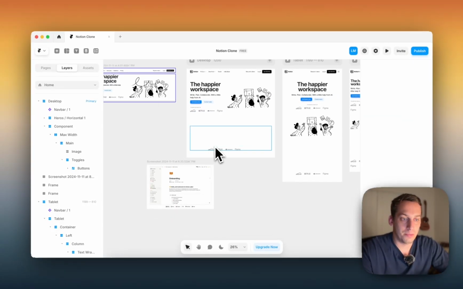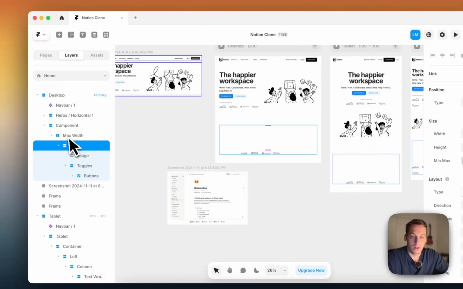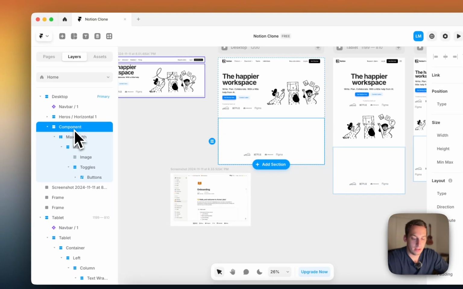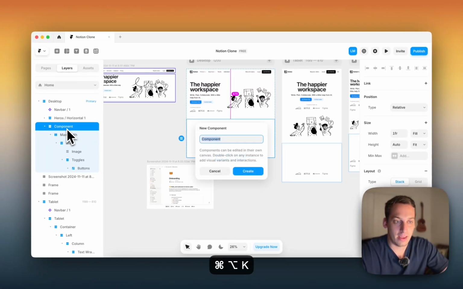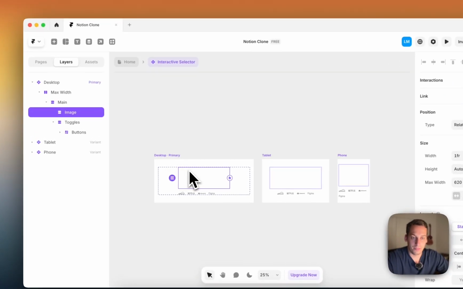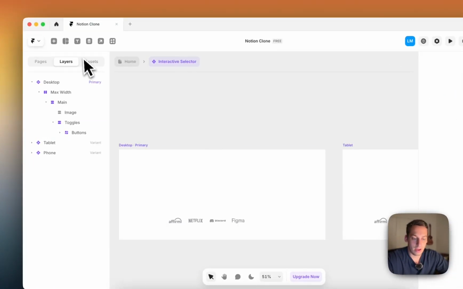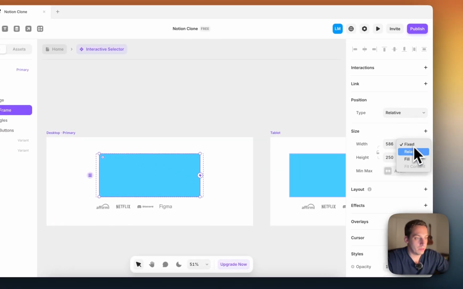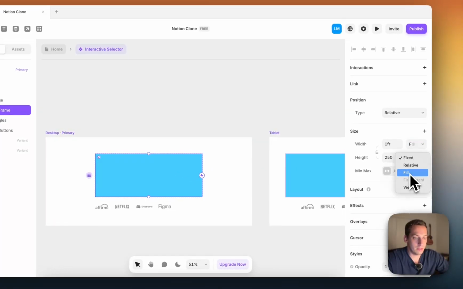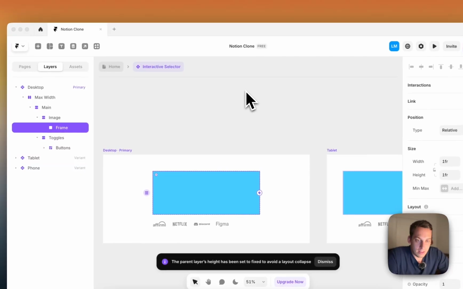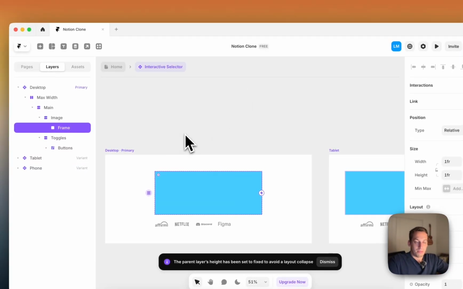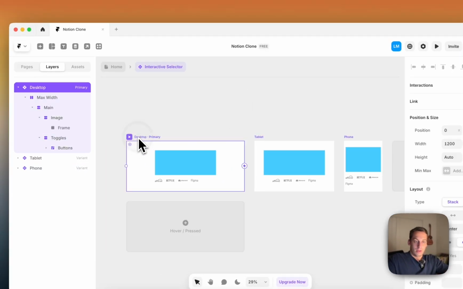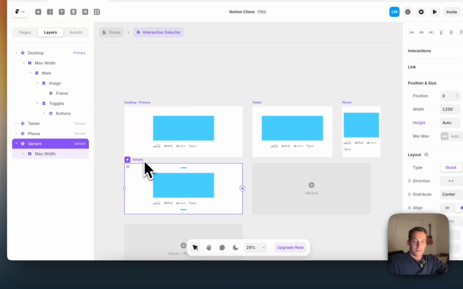Okay, so let's create a component by holding down Option, Command, and K. And let's create an interactive selector. So we have this part right here. And what we want to do now is add a frame for this image thing. We want this to be fill and fill. And we would want to replace this. So basically we would have for each